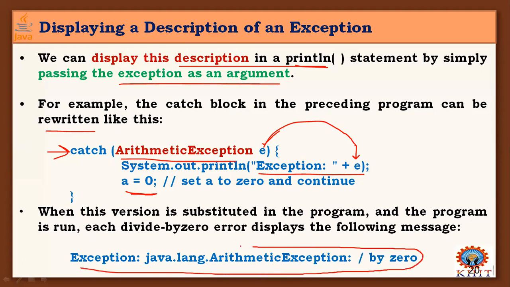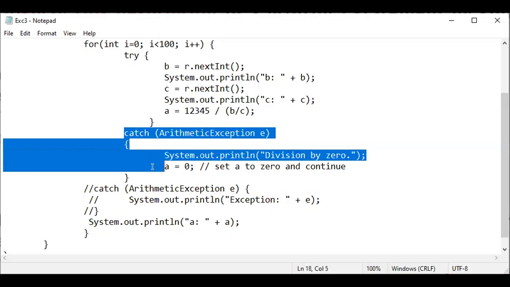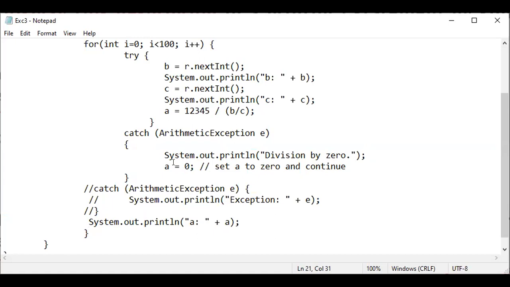So when this version is submitted, this is the string description of the error generated by the code. Okay, we can show you once again. That's why I have written it in the file here. See here, I'm just modifying this complete catch block into this.